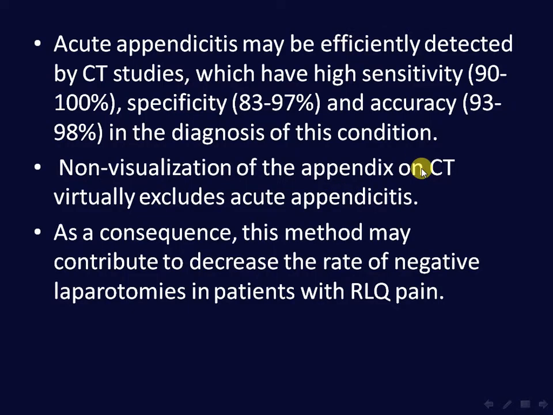Acute appendicitis may be efficiently detected by CT, which has a high sensitivity, specificity, and accuracy. Non-visualization of the appendix on the CT virtually excludes acute appendicitis. If you don't see it, it's not there in CT scan. As a consequence, this method may contribute to decrease the rate of negative laparotomies in patients with right lower quadrant pain. So, acute appendicitis can be a very